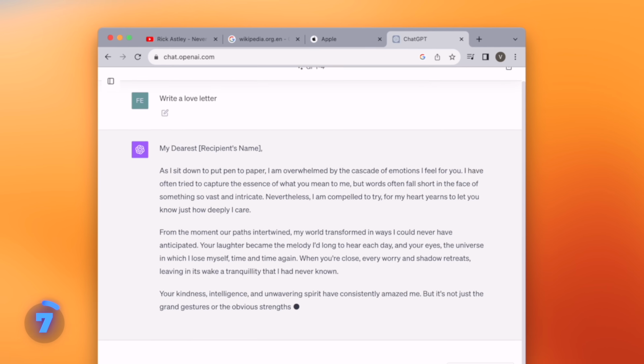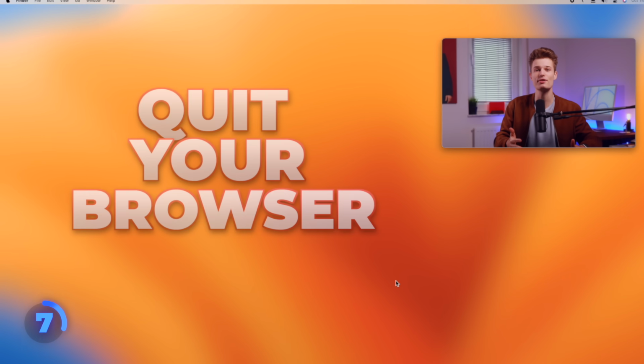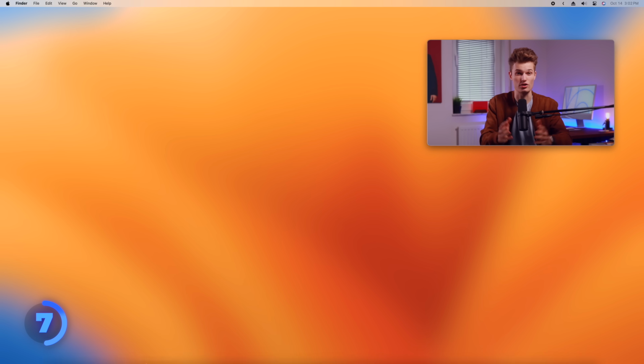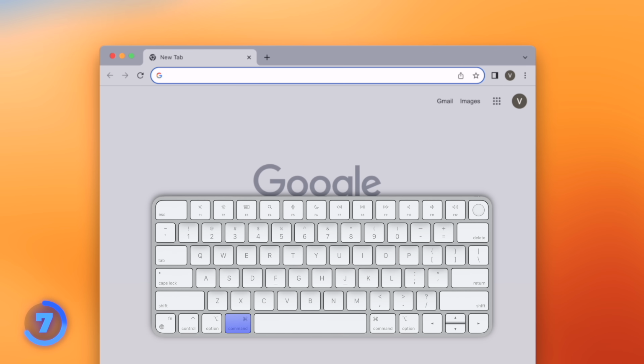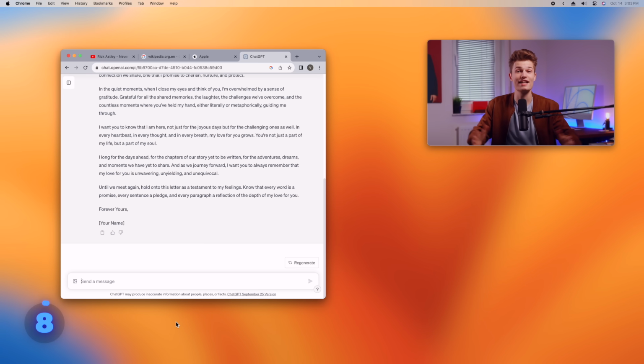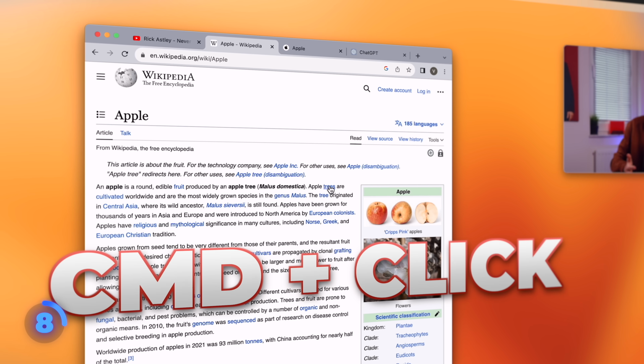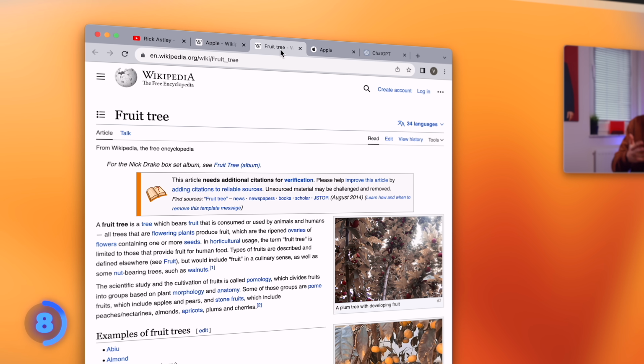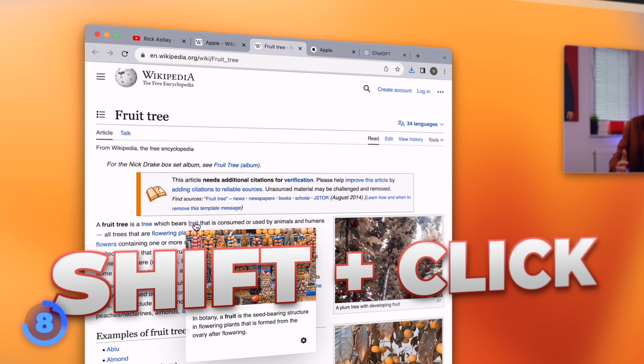Next, don't panic if you accidentally quit your browser and lose all your tabs. Just open it back up and press Command-Shift-T to recover all tabs at once. And whatever browser you use, Command-Click will open a link in a new tab, and Shift-Click will open a link